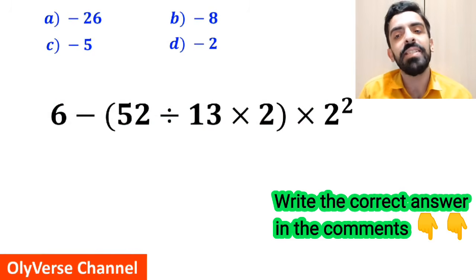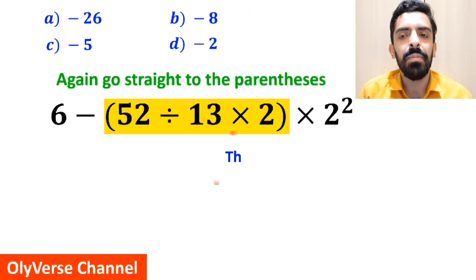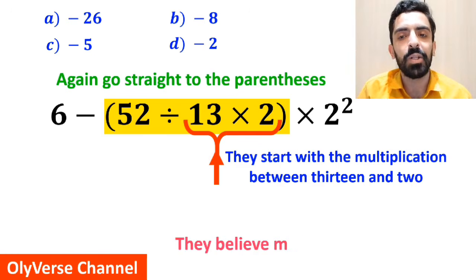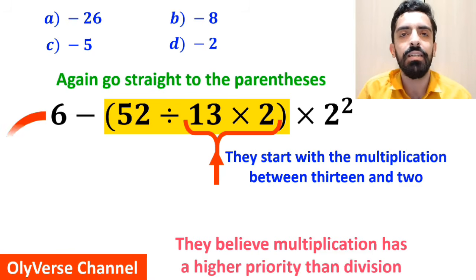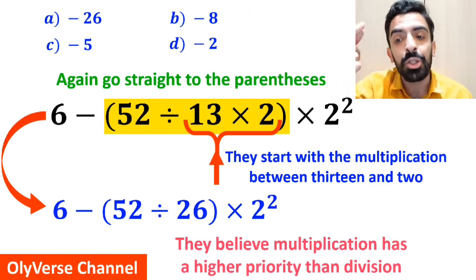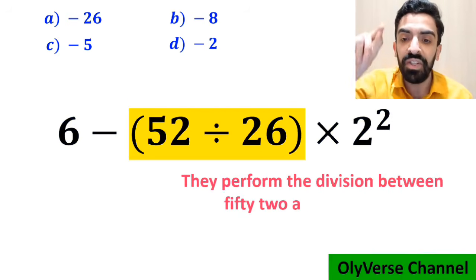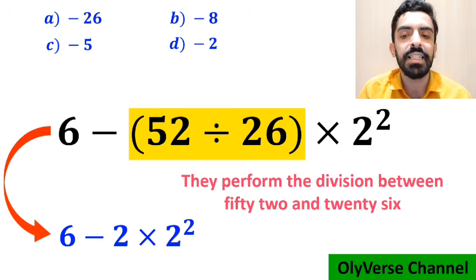Also, some other people when solving this question again go straight to the parentheses, but this time they start with the multiplication between 13 and 2 because they believe multiplication has a higher priority than division. So, they rewrite this expression as 6 minus 52 divided by 26 inside the parentheses, then multiply by 2 squared. In the next step, they perform the division between 52 and 26 and simplify this expression to 6 minus 2